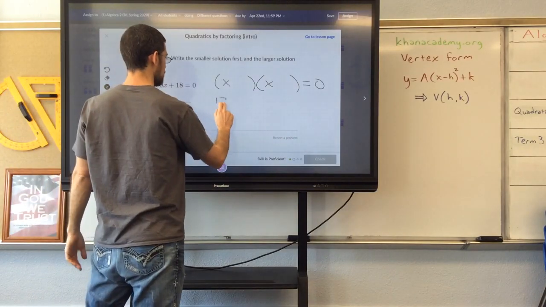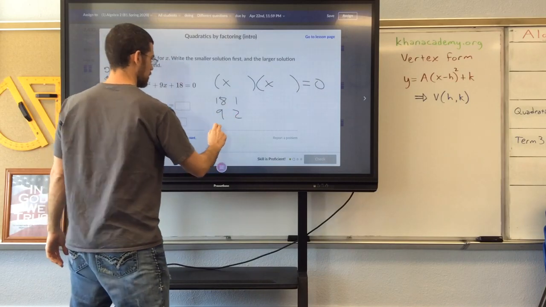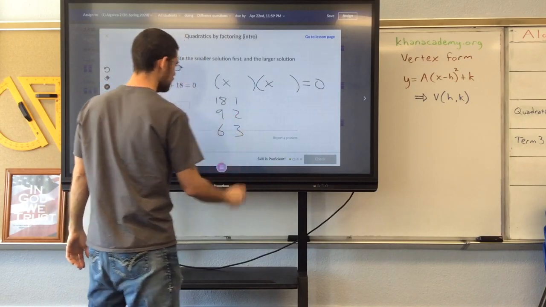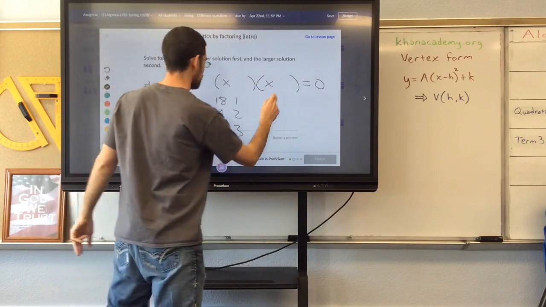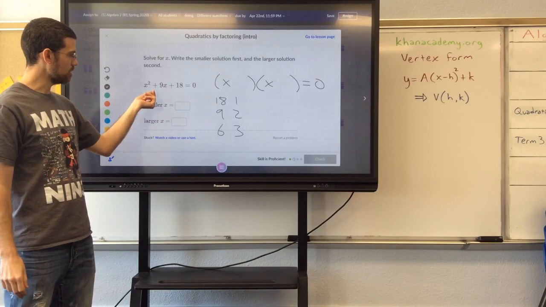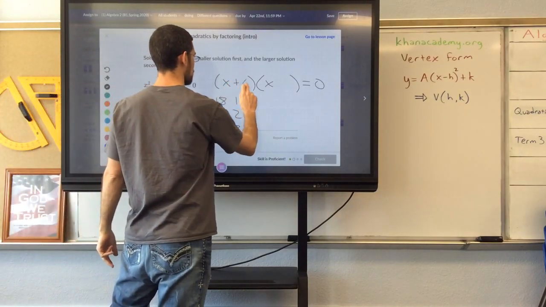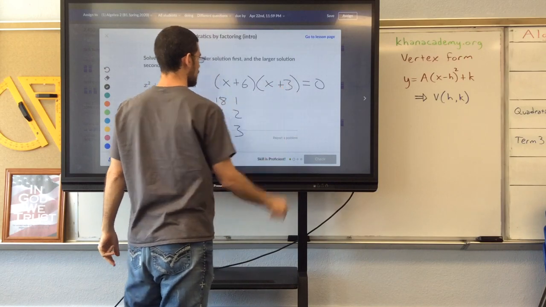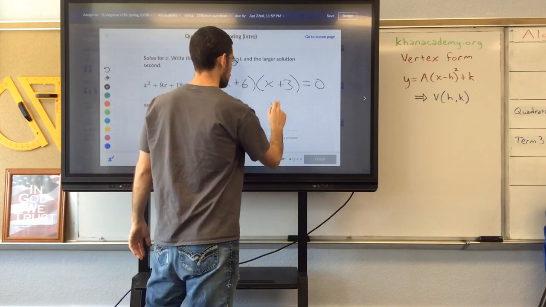So 18 and 1, 9 and 2, 6 and 3. If we add these, we get 9. So that's the choice we want. And the sum has to be positive and the product has to be positive, so we know we're adding both times. Plus 6, plus 3. To make x plus 6 equal 0, x would have to be